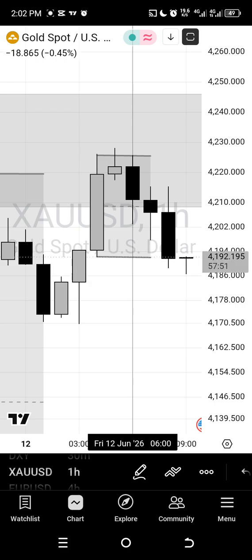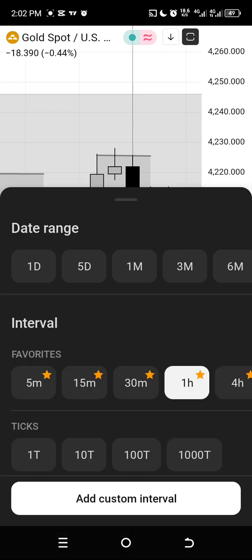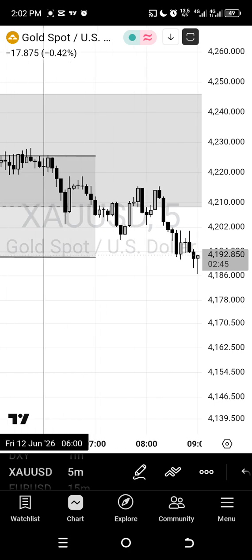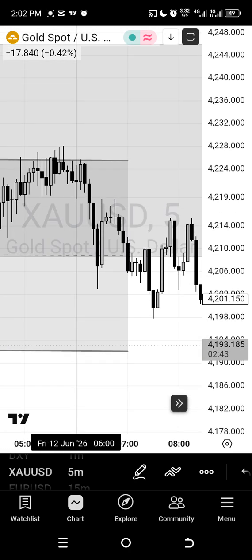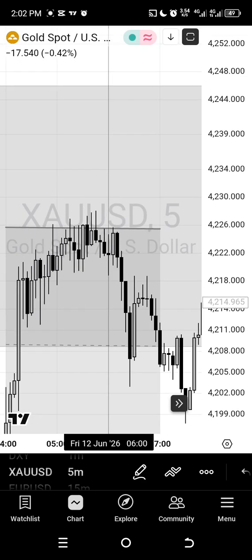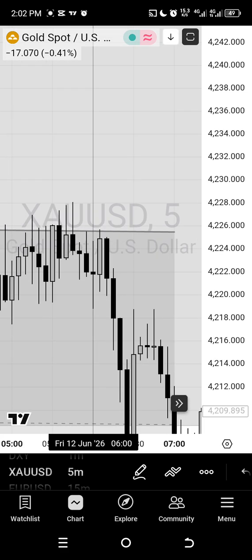Okay, I then went to the 5-minute chart, right? I went to the 5-minute chart, and what was I doing? I was looking for a liquidity sweep, or we can say a model number one, in order to trade, right? Okay, based on this particular explanation,